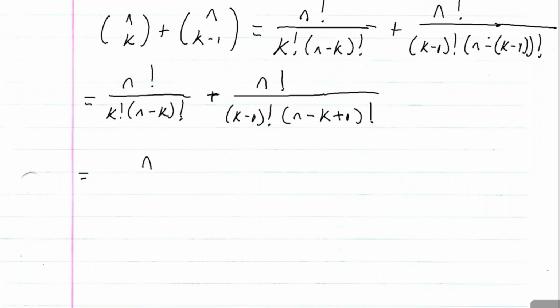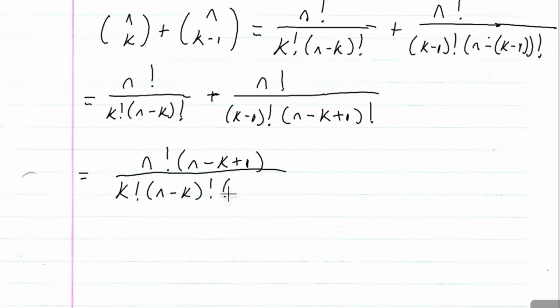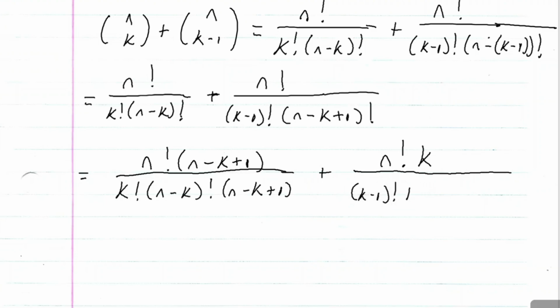So I can do n factorial times n minus k plus 1 over k factorial times n minus k factorial, and then n minus k plus 1, plus n factorial times k over,